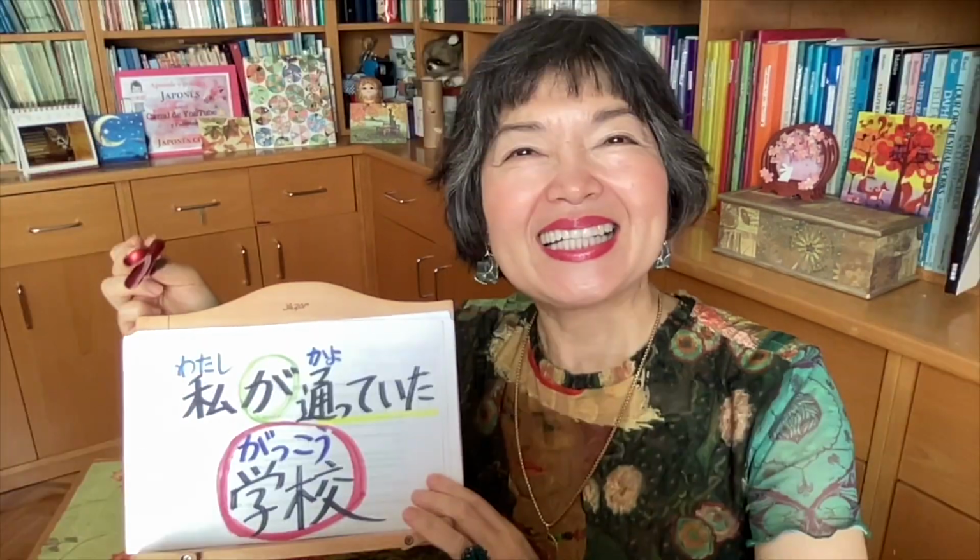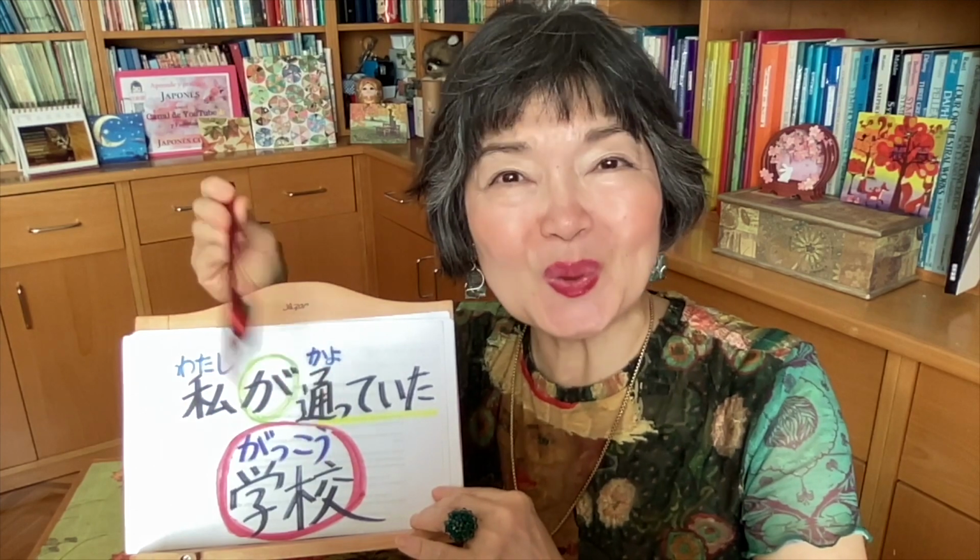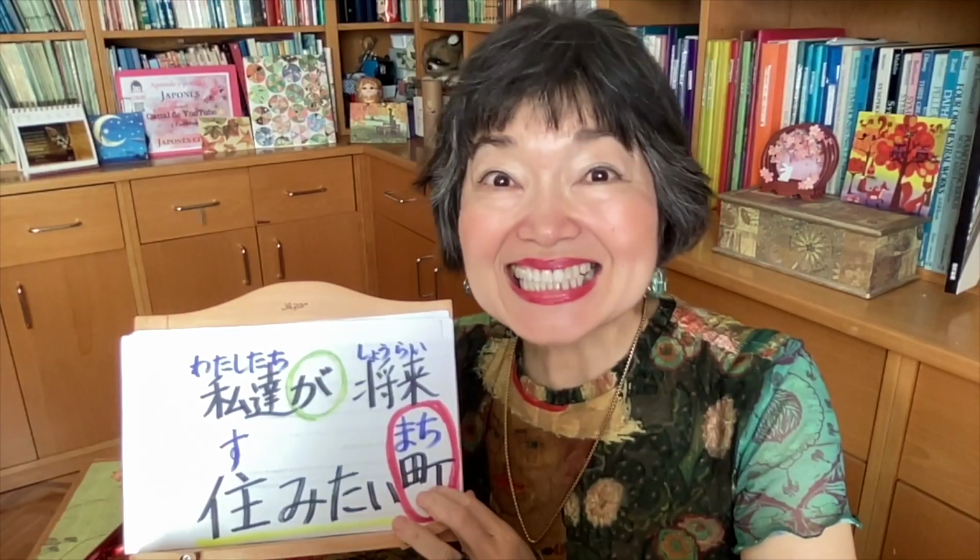I attended a school. 私は学校に通っていました. In the relative clause, 私は change to 私が, and 通っていました change to the 普通形, plain form, 通っていた. And at the end this noun, 学校, school. 私が通っていた学校. The city